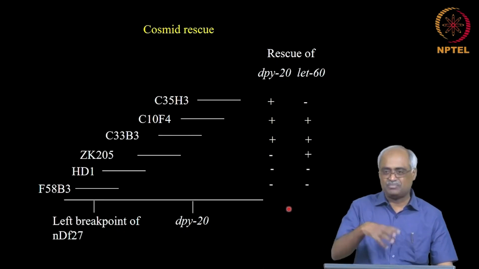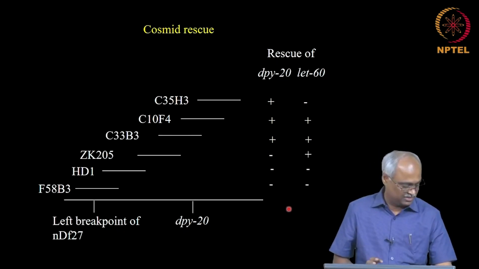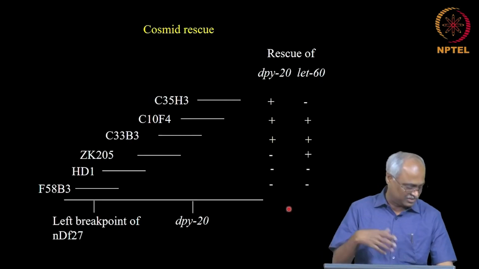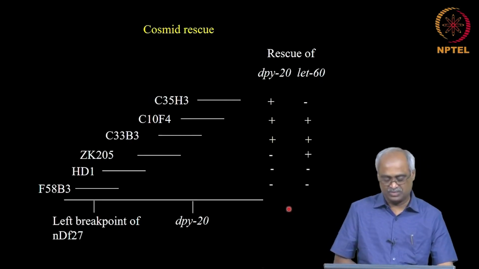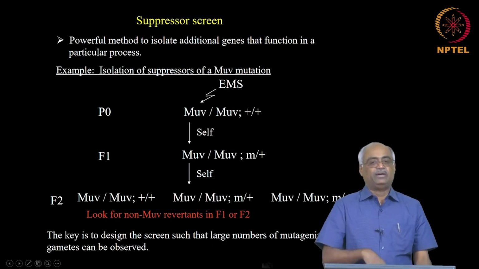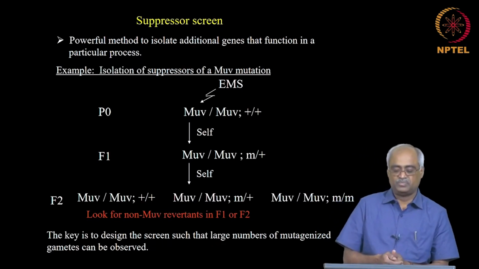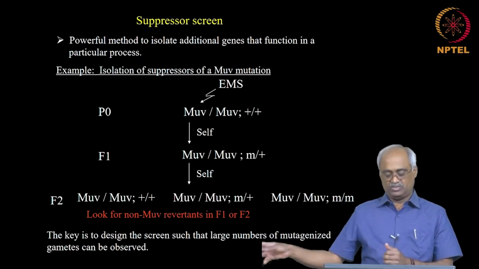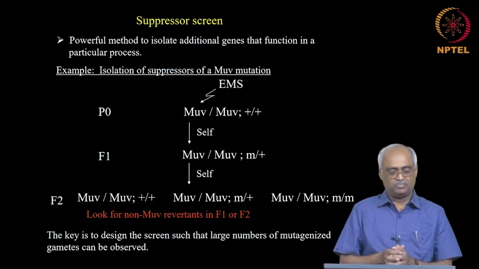So, this gives you multiple ways of doing it. You could either block it or you could rescue it, in both ways. Now we are moving away from mapping. We will revisit a little bit of mapping at the very end, when we have a complex screen. So, the next is,